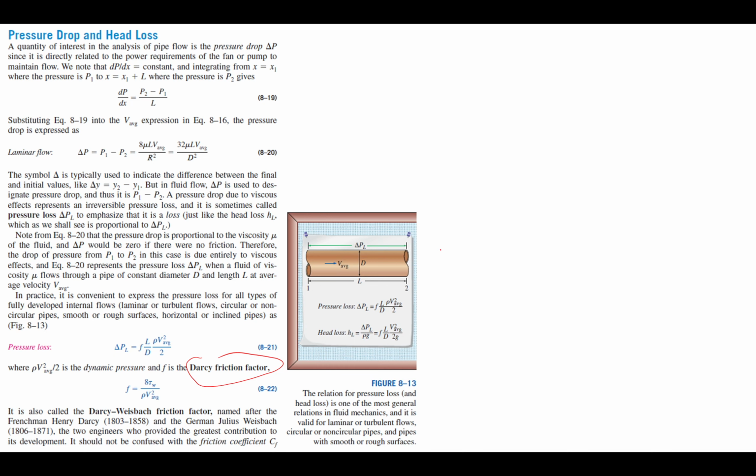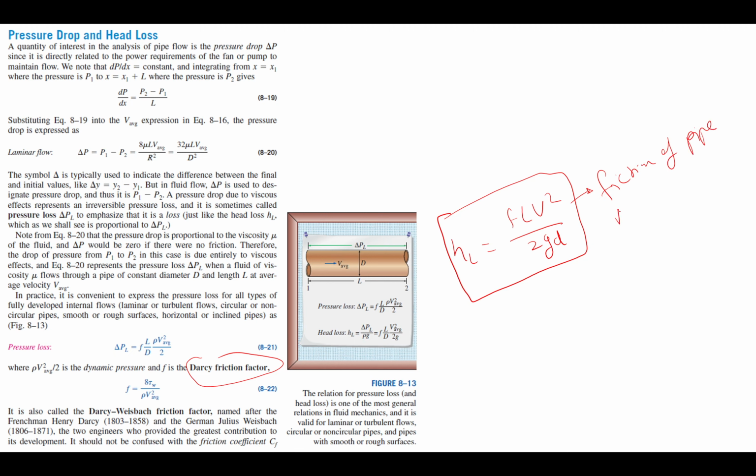Actually one formula is there: head loss h_L is equal to f L V squared by 2 g D. This is only due to the friction of the pipe, and which is major,